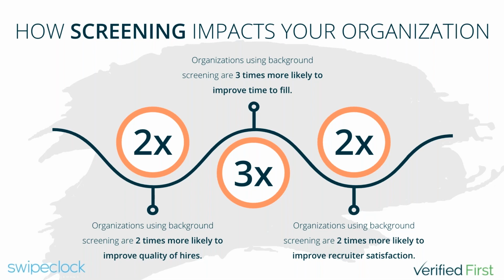I think this really ties into the fact that you want to have the best of the best, right? So you want to ensure that the candidate you select is not only the right one, but they're also honest when it comes to sharing specific details. And this is a great way where background checks can help. And it's huge when it comes to providing that insight and confirming the information that the applicant shares with you